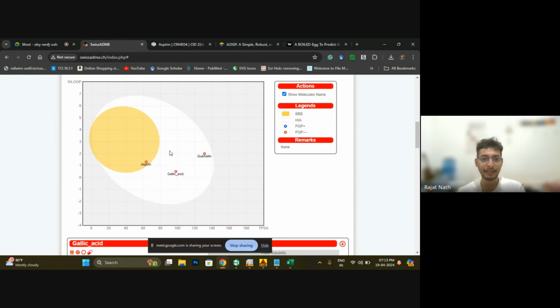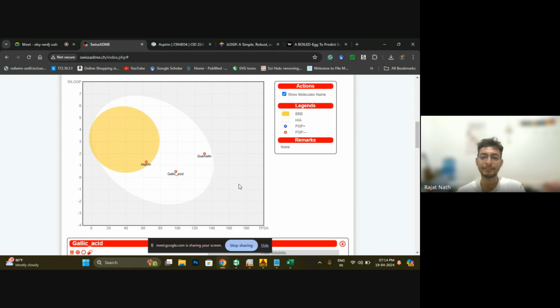That's why it is in the yolk part of the boiled egg. Okay, so I can see that aspirin is permeable to the blood-brain barrier, but quercetin and gallic acid are not permeable to the blood-brain barrier, though they have good gastrointestinal absorption. If this compound is situated outside of this egg,